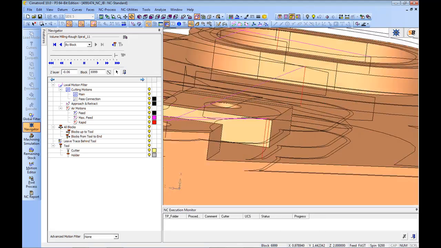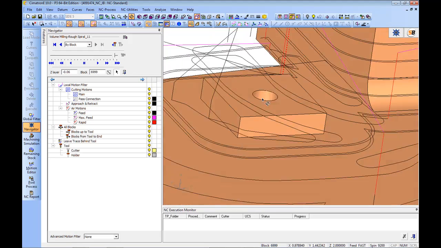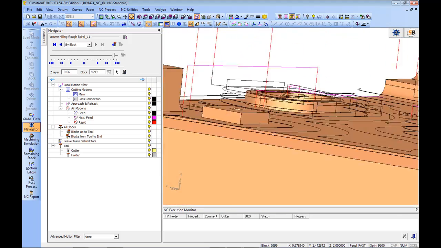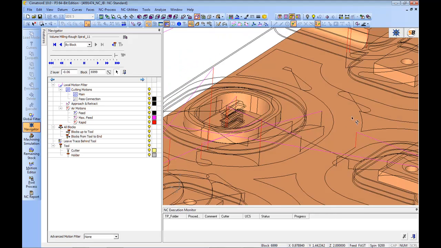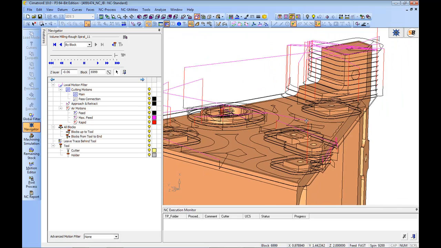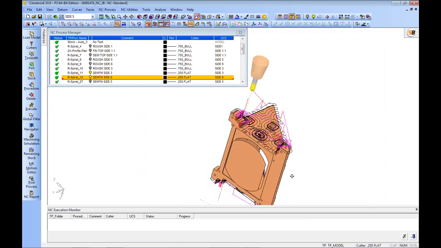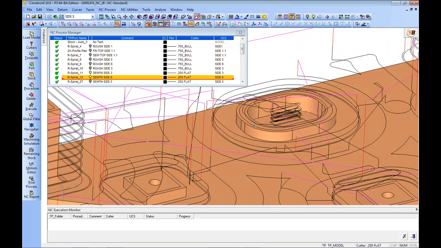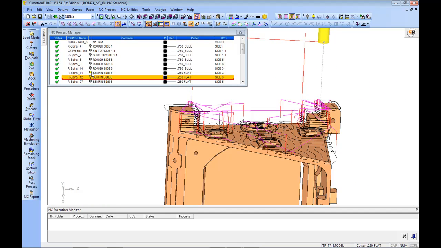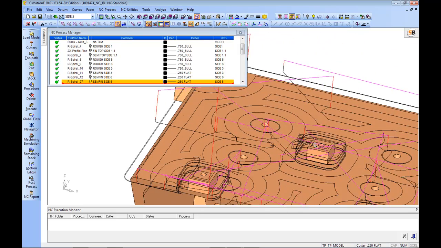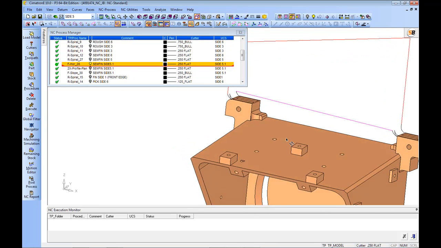And you can see that I'm getting a nice finish pass around all my features. Here I get the roughing motions because this has not been cleared out. So it's continuously tracking the stock, giving me roughing motions where they're needed and finishing motions where they're needed. So this is the approach that I did on all the sides. Here you can see the roughing motions, the extra passes around the features, and the floor machining. Same thing back here. The tops of those guys,